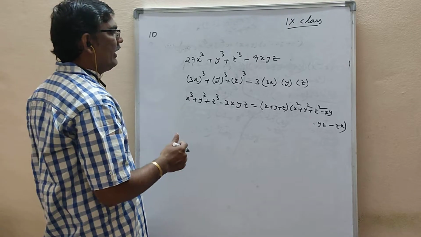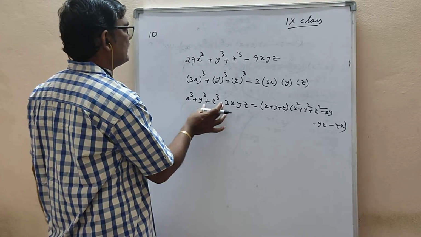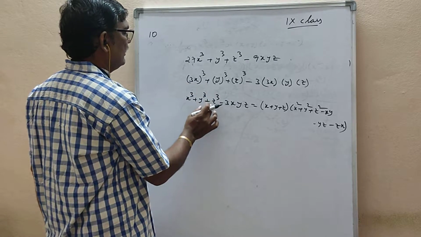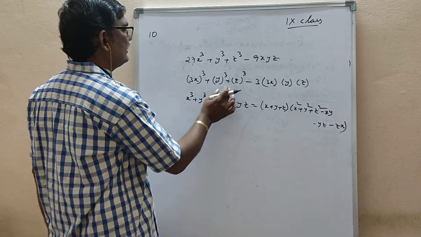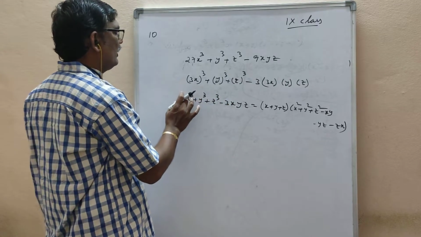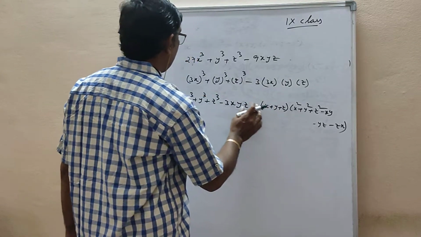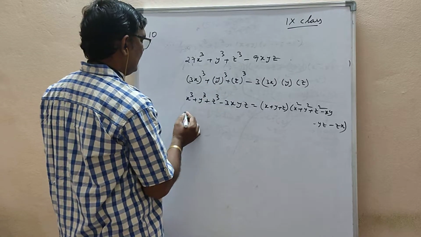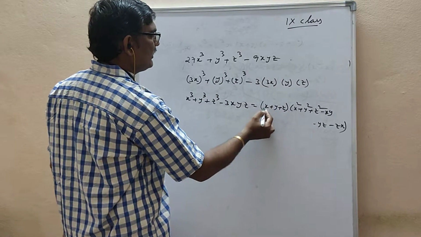Okay. Now what do I have to do? I have to compare LHS with LHS. So in place of x here you have 3x. In place of y is y, in place of z is z. Everything is the same. Only in the right hand side wherever x is there you have to write 3x. Then this becomes 3x plus y plus z. So I should not write x.